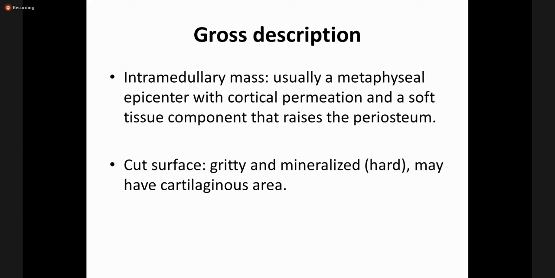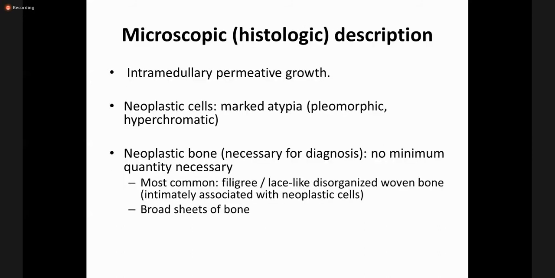Then there is the gross description for the osteosarcomas. For intramedullary, usually there is a metaphyseal epicenter with cortical permeation and a soft tissue component that raises the periosteum, which causes the periosteal reaction. Then there is a gritty and mineralized cut surface, which may have cartilaginous areas. Microscopy,